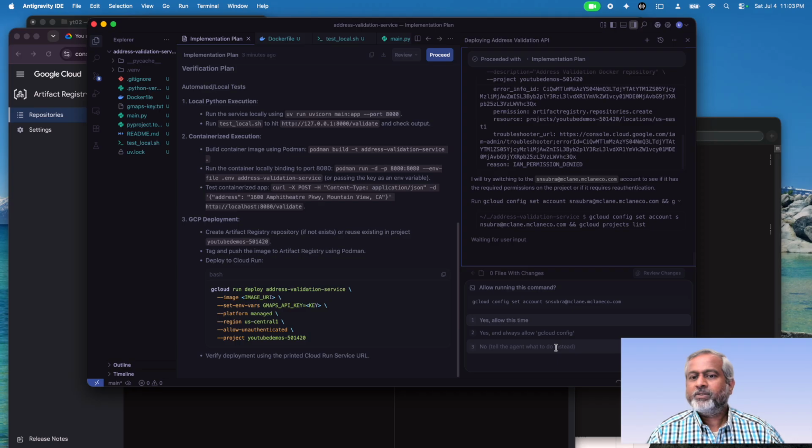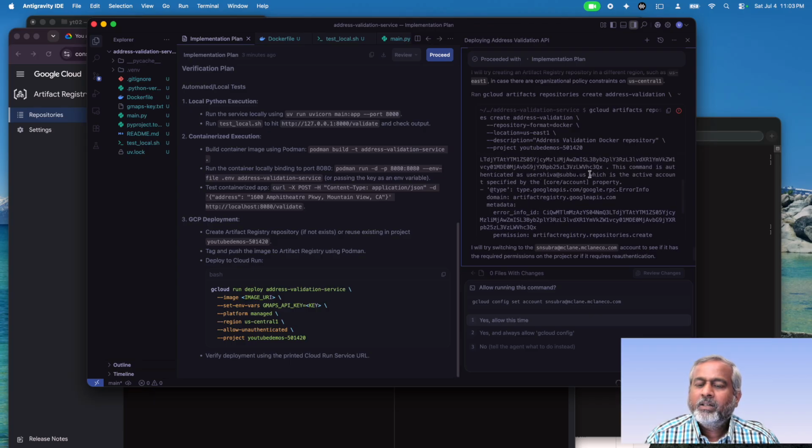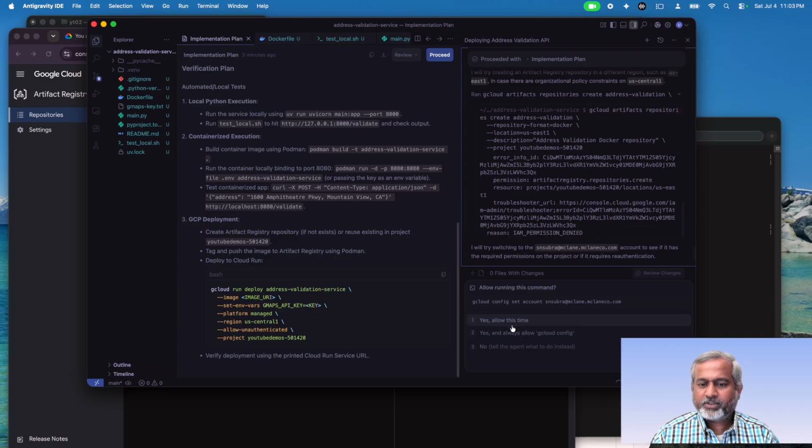So there is an error. So it's saying, yeah, permission denied. Oh, repo create. I could have sworn to God I gave the, nope. So let's ask it to set account to suboo.us and retry. So let's do that because that's my admin account, right? So yes,